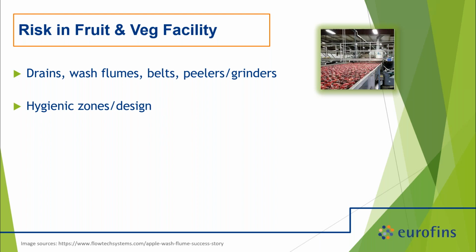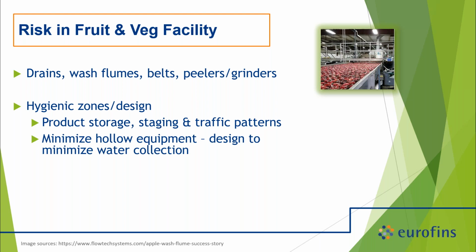We need to be pretty diligent about hygienic zones and design. So really keeping traffic flows and patterns from raw material to finished as separate as possible, because we know we don't have a kill step. So we have to minimize risk physically by just how we move about the plant, how we keep our employees moving things. Where we put our raw product compared to our finished product, or even our finished product packaging in respect to raw product. Just be very cognizant of where you're storing different things and then make sure that you're monitoring those areas to recognize risk and to be able to identify when risk maybe has been elevated.